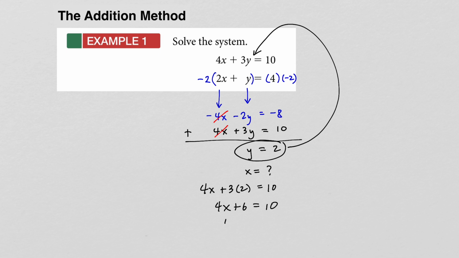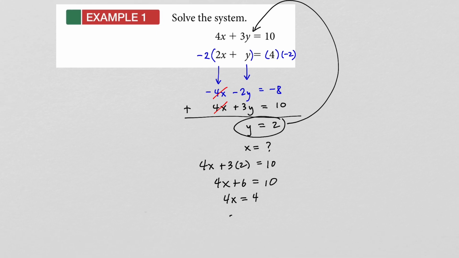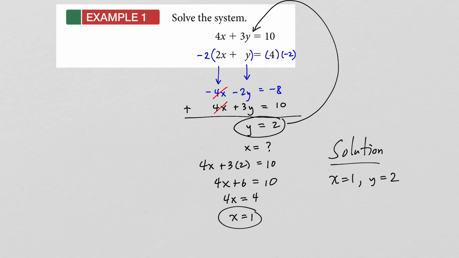10, subtracting 6 from both sides. And then finally, dividing by 4 on both sides gives us x is equal to 1. And so now we know the solution is x equals 1 and y equals 2. And then, of course, as a point, this would be the point (1, 2). So if you were to graph these two lines, they would intersect at the point x equals 1, y equals